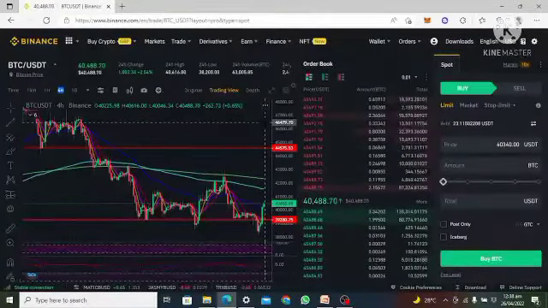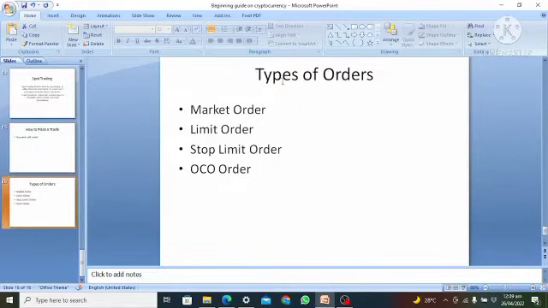I'm not going to waste much time in this particular place, and we're going to talk about how to place a trade, which we are about to dive into now, and the types of orders you need to know. We have 4 types of order: market order, limit order, stop limit order, and OCO order. But in the course of this class, we are going to focus on market order and limit order, because these are some of the major tools that you need to know as a beginner in cryptocurrency. So let's come back to this and go back to our trading account.